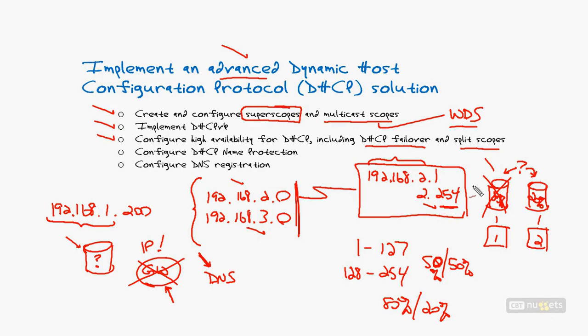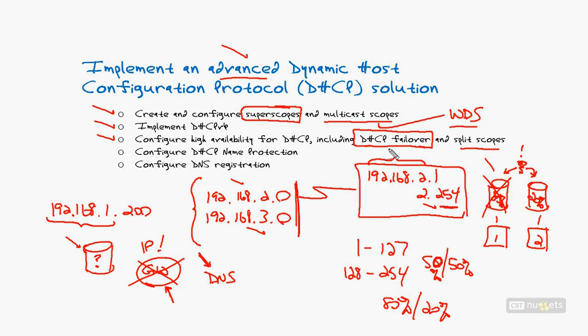Now, over the years, people have kind of said, this is kind of dumb. And wouldn't it be nice if we had some sort of clustering solution, that's a loaded word, but some sort of solution that allows these two servers to actually know what's going on between the two servers? Well, thankfully in Server 2012, we implemented a new technology called DHCP failover, which is a much better solution for